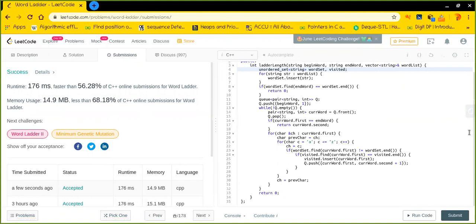And I have already discussed the very essential part, which is the complexity, for both time and space, elaborately in my blog. So please visit my blog to learn the entire complexity analysis for this particular problem.